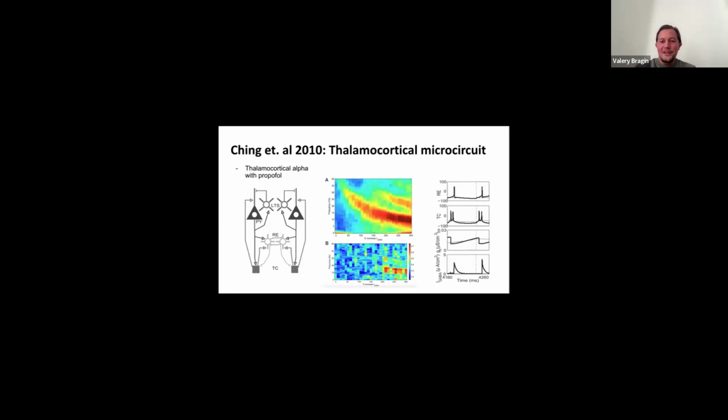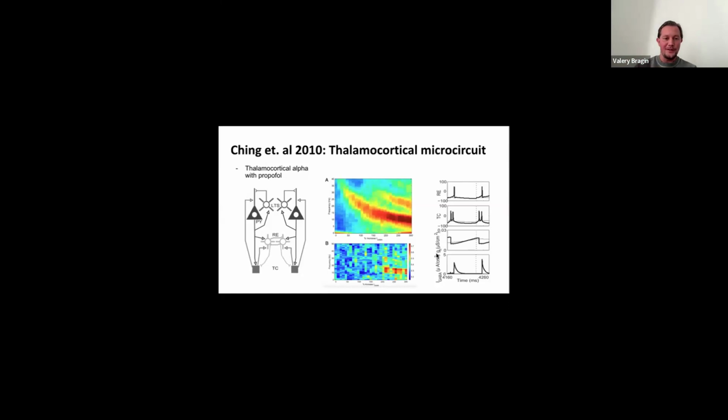And the key mechanism here is quite interesting. It's a current that is activated after a cell is hyperpolarized. So it's actually not excited, but when a cell is inhibited, after some time, there's kind of a rebound spike or rebound burst in thalamus. And also one of the currents in thalamocortical cells, T-type calcium, is sensitive to this kind of inhibition. And this pair of excitatory and inhibitory thalamus, they help to build up this alpha phase. And the more propofol, the more this effect is there.